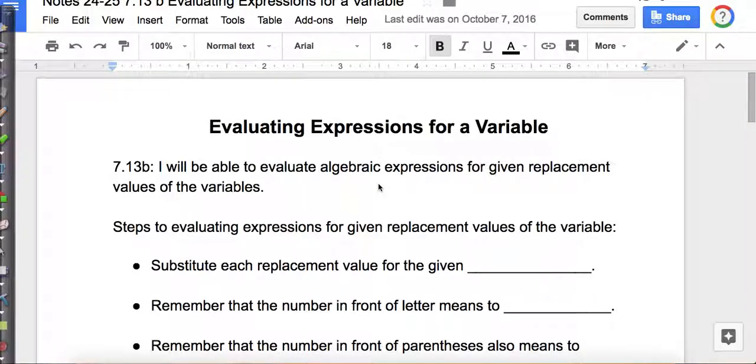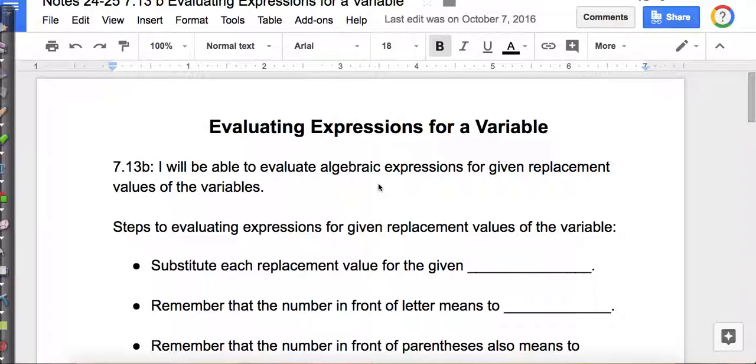My video on evaluating expressions for a variable. So in our previous lesson, we learned how to do order of operations, and now we're going to do order of operations with a variable in it. So you're going to be able to evaluate algebraic expressions for given replacement values of the variables, which basically means